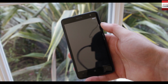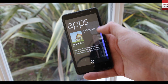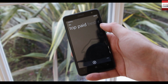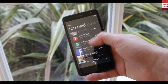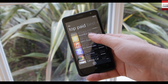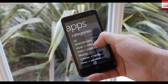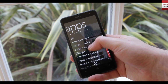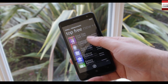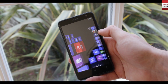Now the actual performance of this phone is very good. It doesn't have the highest specifications of any phone on the market with that dual core 1.2 GHz processor, but it does have a good Adreno 305 GPU, meaning the overall performance is actually very good. When you tie that in to an absolutely fantastic app store with some of the latest and greatest applications for both personal use and also for productivity as well, this phone really does give you a great option for your